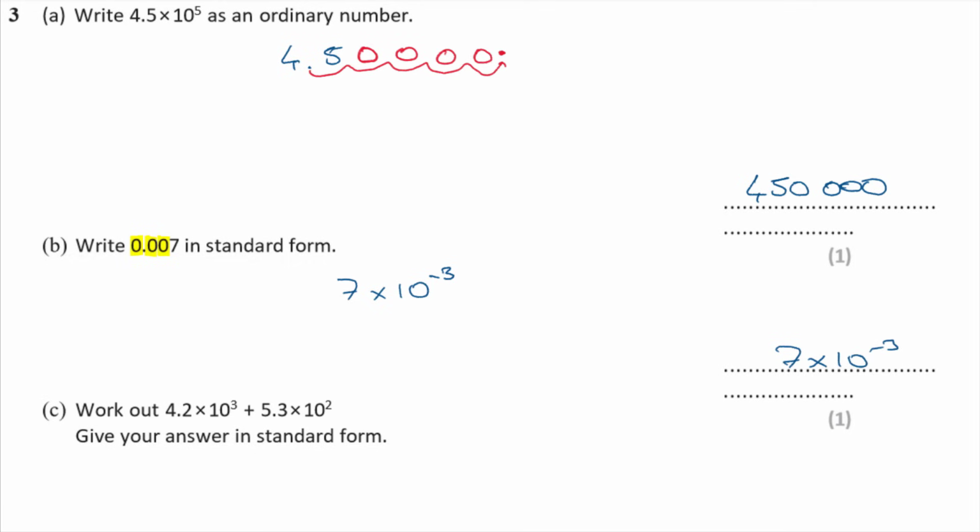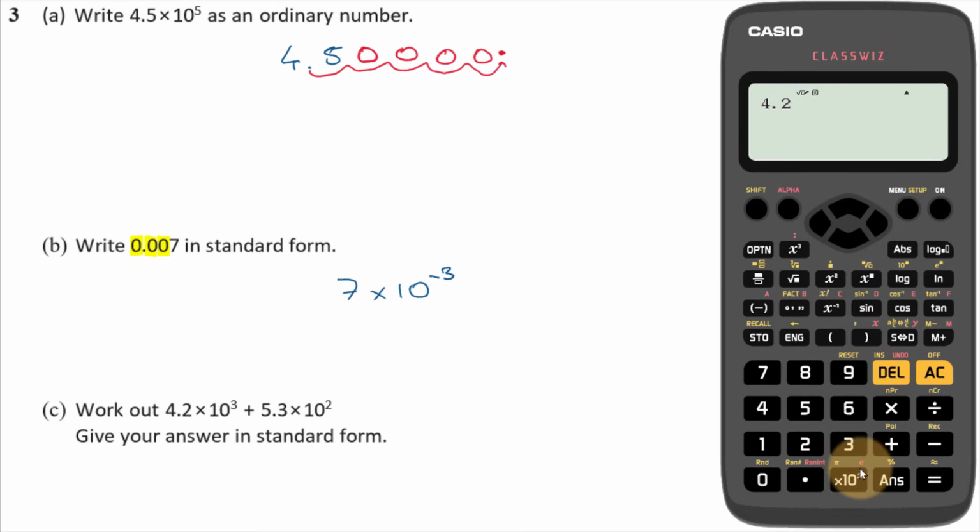Work out 4.2 times 10 to the 3 plus 5.3 times 10 to the 2. Give your answer in standard form. That's really easy with a calculator. Just have to type it in. So 4.2. You've got this exponent key down here with times 10 to the x written on it. So just press that, and then the only other thing you need to put in is the power, which is 3. Okay, so 4.2 times 10 to the 3 plus 5.3. Type in the mantissa part. Press that button down there, times 10 to the x, and then tap in the power, which is 2. Okay, so what's that equal to? That equals